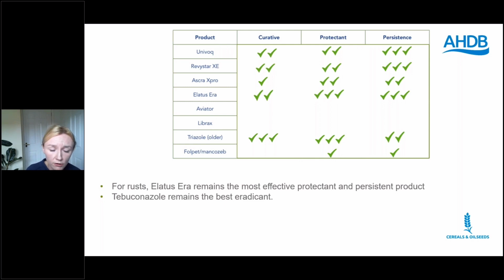But again, these are all going to be affected by the number of applications that you could do in a season, growth stage limitations, and also what else you're trying to manage in that season. So if you're in a very high septoria pressure area, or you're managing a quality wheat where you're trying to keep Fusarium and other diseases out of the ear, you have to take all those factors into consideration when you're planning your program.